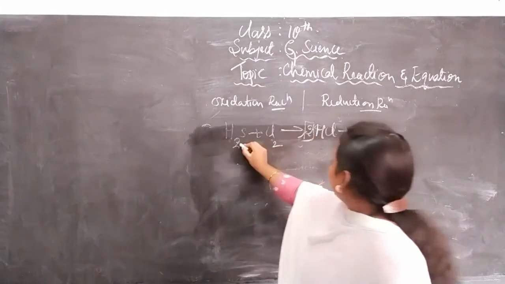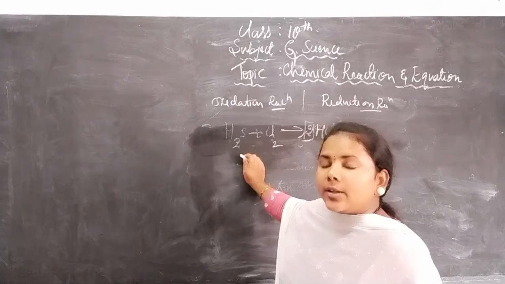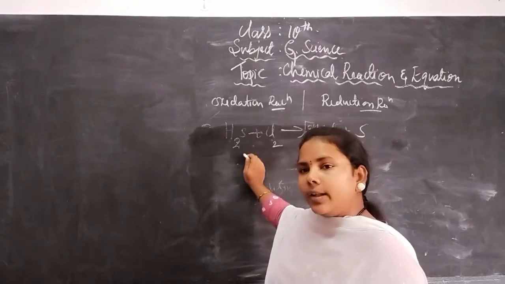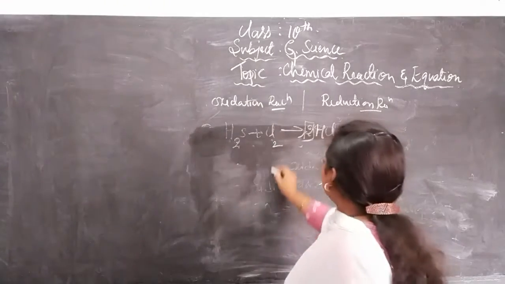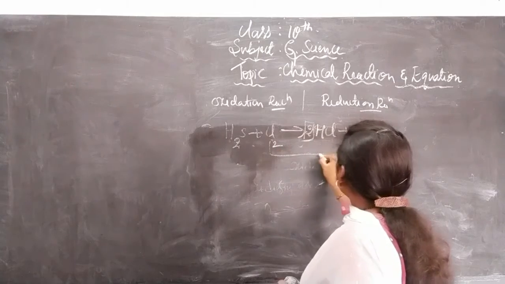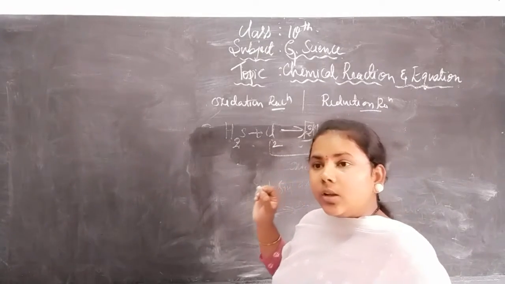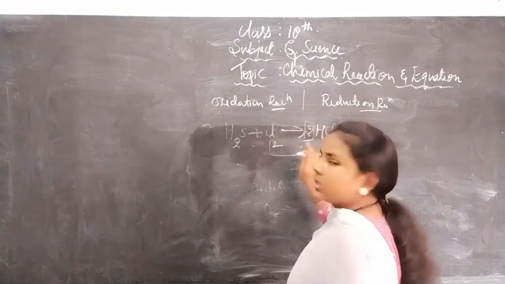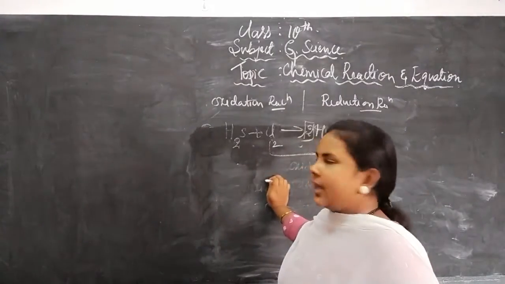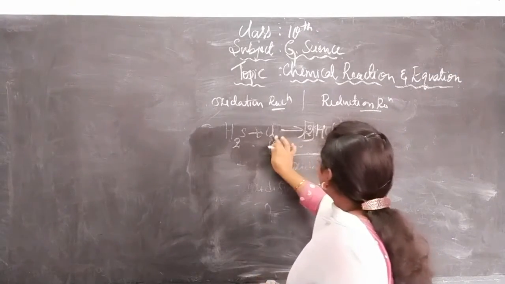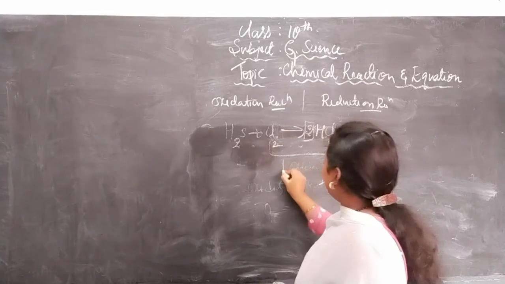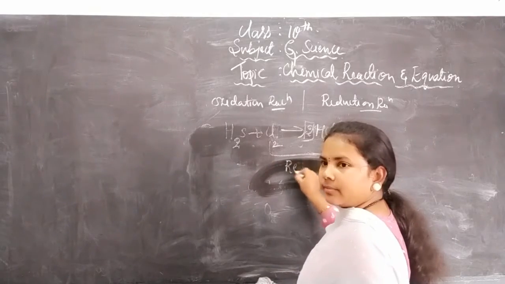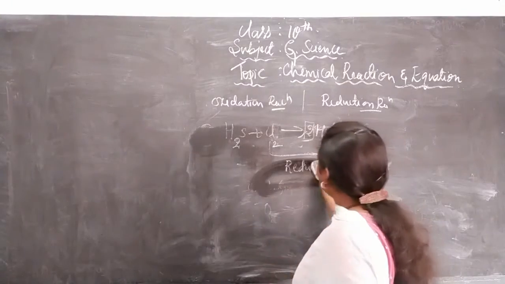Now look here, hydrogen. Here you cannot find oxygen, but you can find the reduction. That means what? Removal of oxygen or addition of hydrogen, can you find it? Where is the addition of hydrogen taking place? Look here, chlorine undergoes reduction. That means removal of oxygen takes place, as well as addition of hydrogen. Where does the addition of hydrogen take place? Here, chlorine is adding with hydrogen. Hence it is an addition reaction. Sorry, it is a reduction reaction, right? We can find this as a reduction.